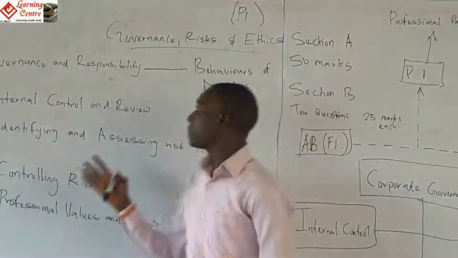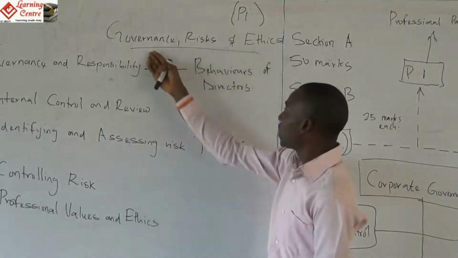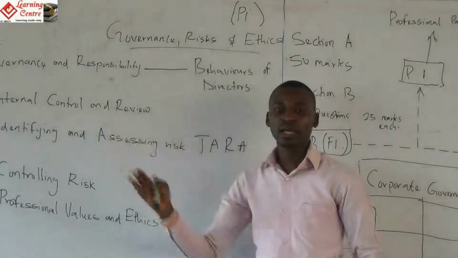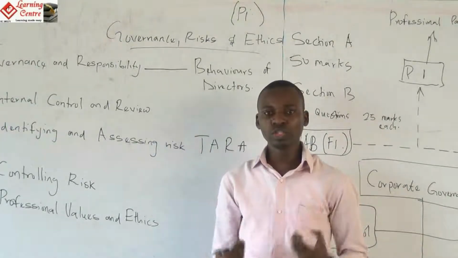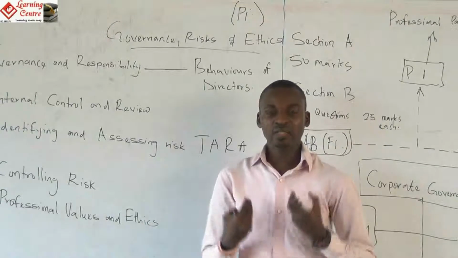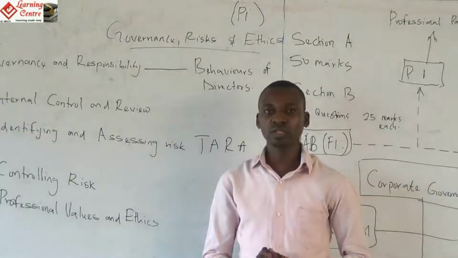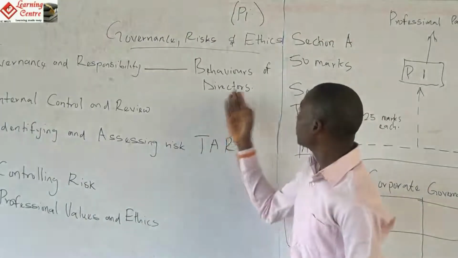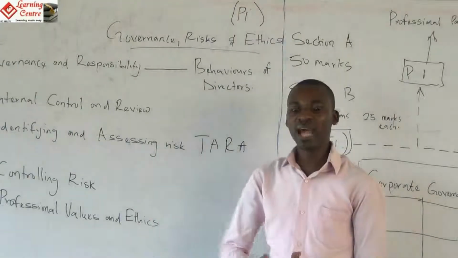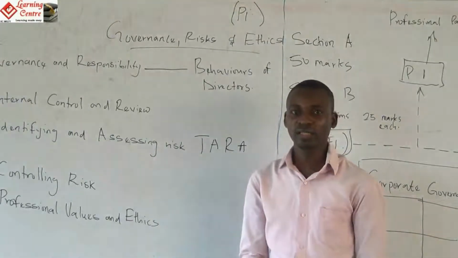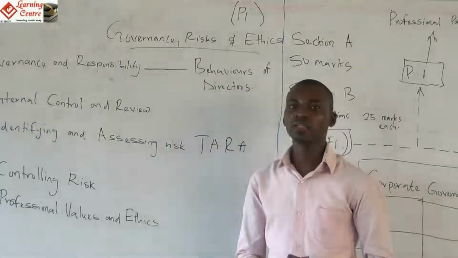And because the paper focuses on governance, risk and ethics, and the governance and ethics parts of the paper are dependent on you and I as individuals, you will see a lot of questions that are applicable to you as a person, and you will be expected to make your decisions. Whenever you are making decisions based on ethics, you will be expected to take the highest possible ethical stance, as that is what is expected of you as a professional accountant.